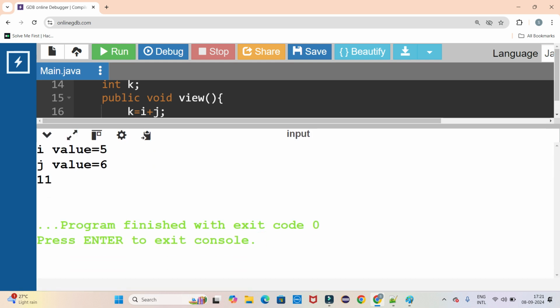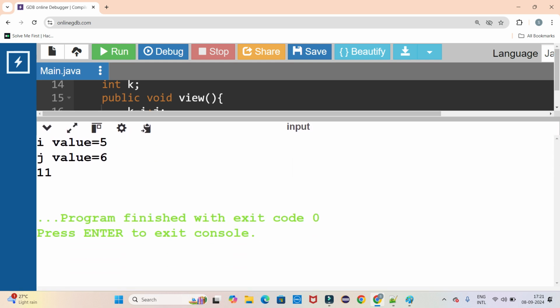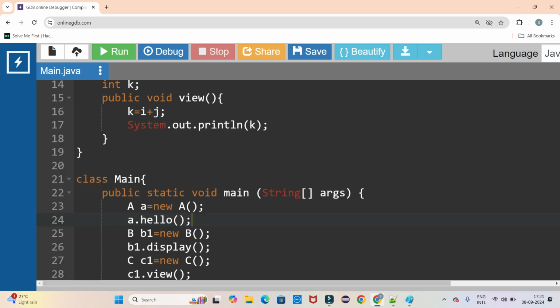Sure, yeah, here you can see I value is J, I value is 5, J value is 6. So here I'll print one more statement like I plus J equal to,